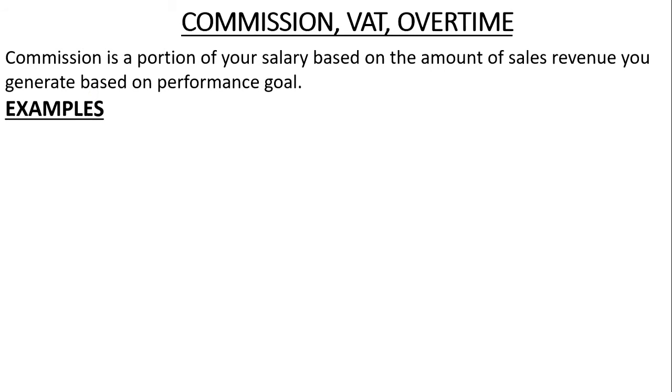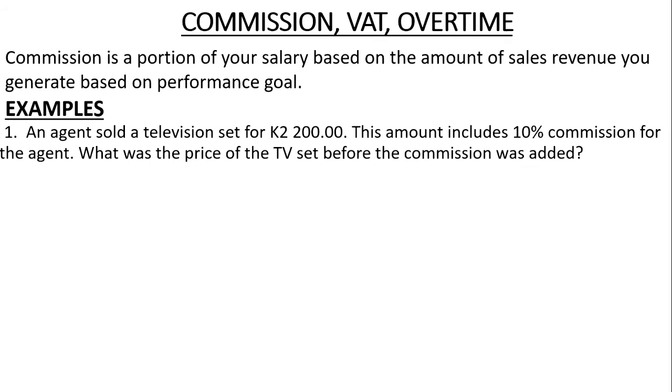Examples: an agent sold a television set for 2,200 kwacha. This amount includes 10% commission for the agent. What was the price of the TV set before the commission was added? So we are going to say 100% was the 2,200 kwacha. Before the commission was added, we are going to subtract 10% from 100%, which is going to give us a